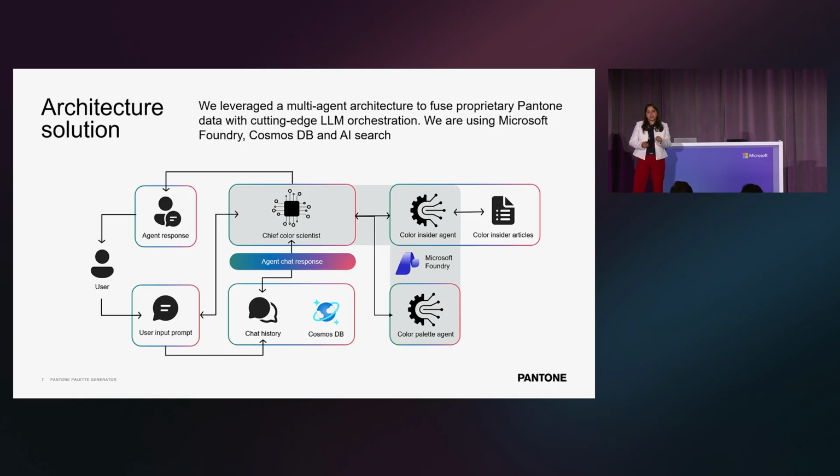The color palette agent is the one who's responsible for creating the palette based on color psychology and the article data which was shared with them. That palette, the curated palette we just saw, is then sent back to the chief color scientist, and that's how the agent responds back to the user. Behind the scenes, we also have a chat history. It helps our users ask follow-up questions like we just did, and also helps us understand feedback, like what did users actually use, saved a palette, or they didn't like a response, it was not relevant to them, so that we can fine-tune our models for future.